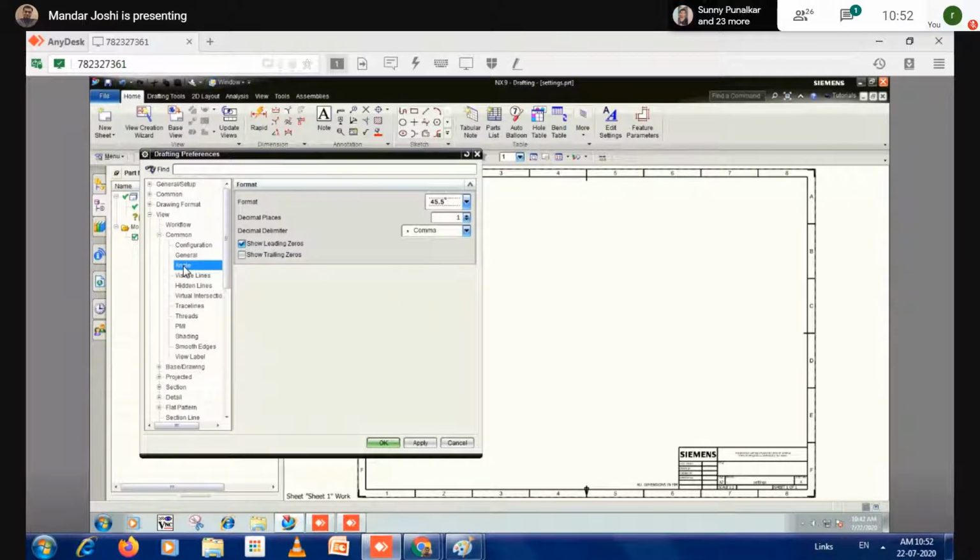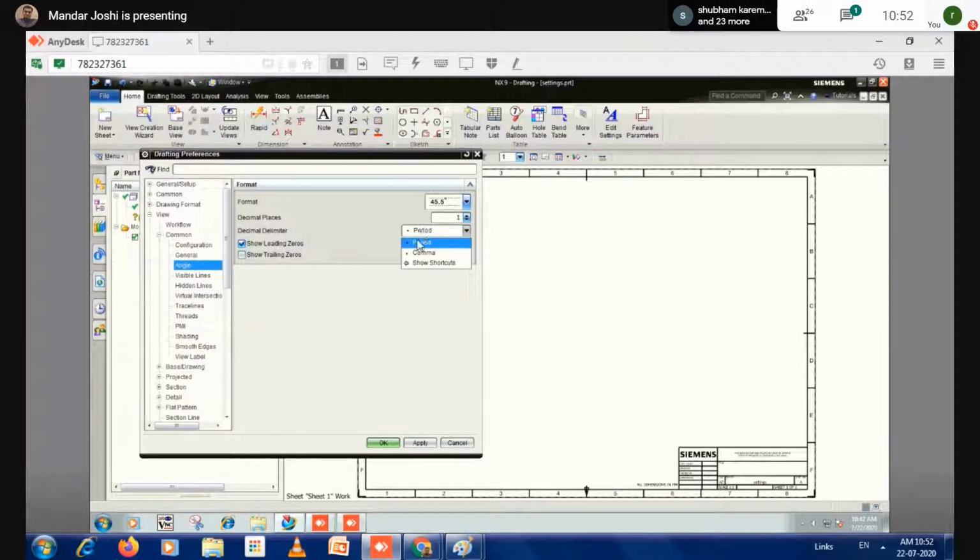So in the angle, decimal places, how much is indicated there? The option below that, decimal delimiter. Decimal delimiter means sometimes decimal points are indicated differently. In our country, we are using the point, the dot, for decimal indication, and some other countries they are using the comma. Okay, you may observe that in a given sketch there is a comma indicated, but that is not the right method. You have to select here the period option. Period means dot. If you want to indicate 45.5, then there is a need of period.